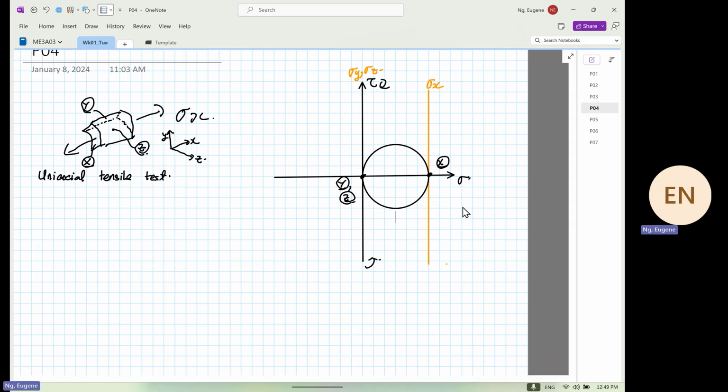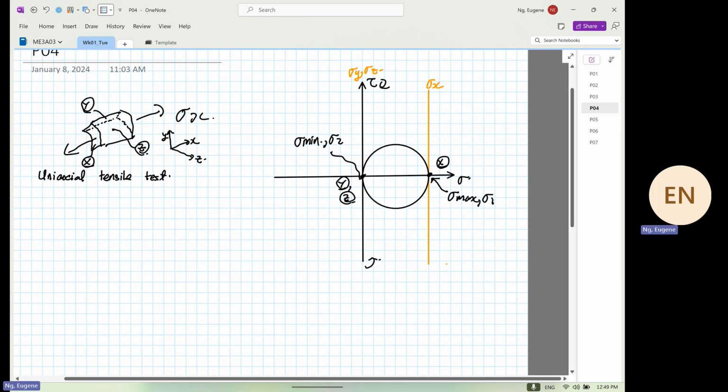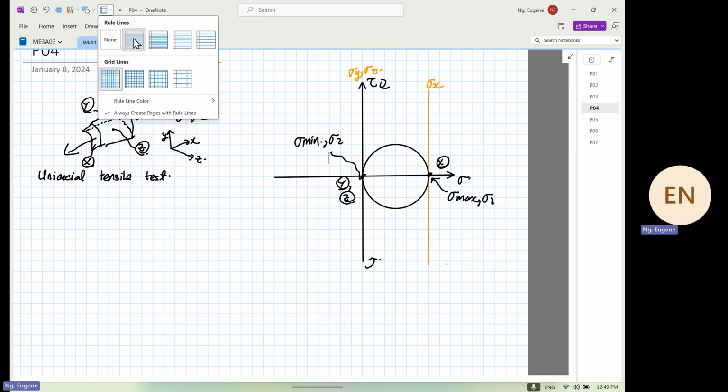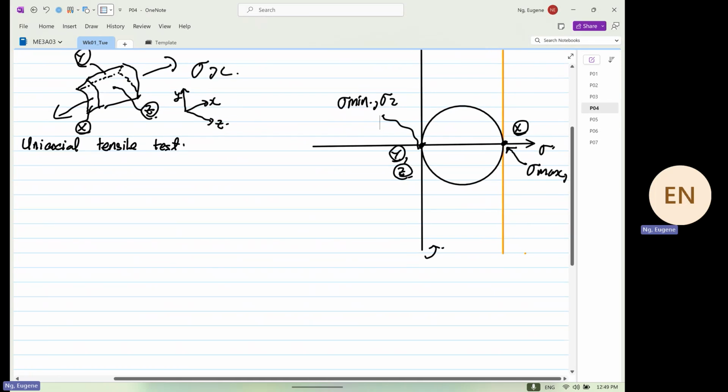Again, 3D Mohr circle can be represented by what? So X, Y, and Z all fall on the circumference of the circle. And I'd like to get your attention over here. Over here, this is our stress max. And over here, this is our stress mean. Okay. And this can also be known as stress 1 and stress what? And stress 2. From here, we know that stress 1 and stress 2